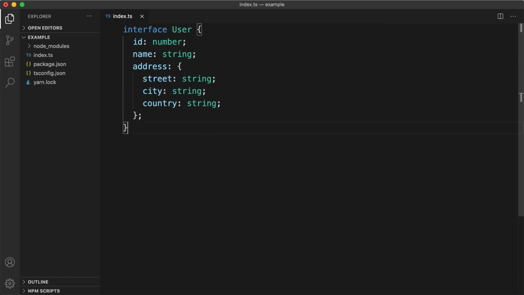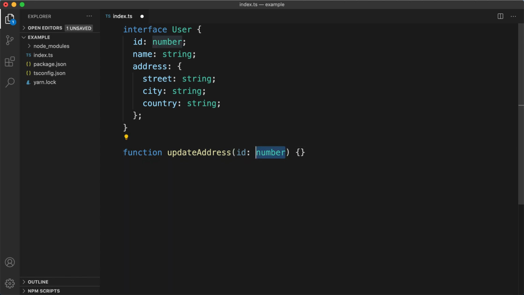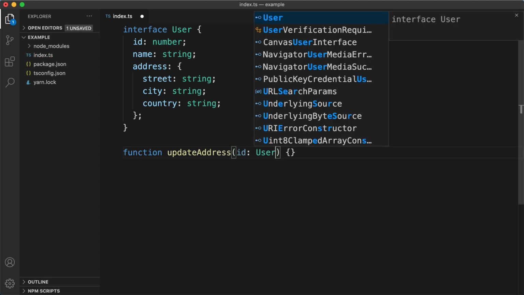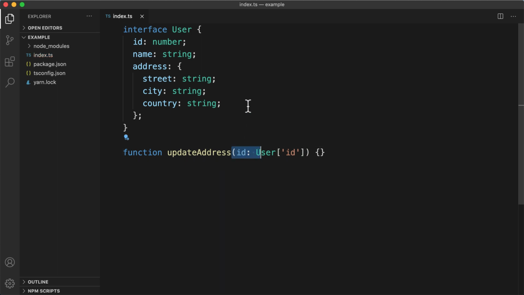Let's say I need to create a function for updating the user address. First, I need to get the ID of the user. Instead of using a number to describe the ID, I will query the actual type of the ID, like this: user, square brackets, then the property name, ID. So the ID parameter's type will refer to the type of the user interface's ID property, which is a number